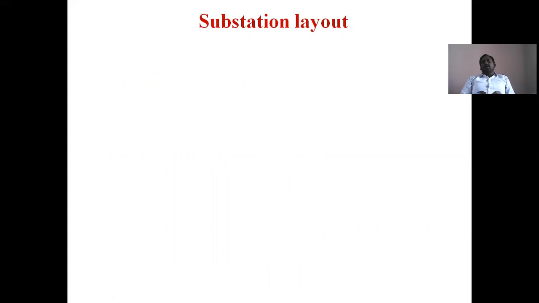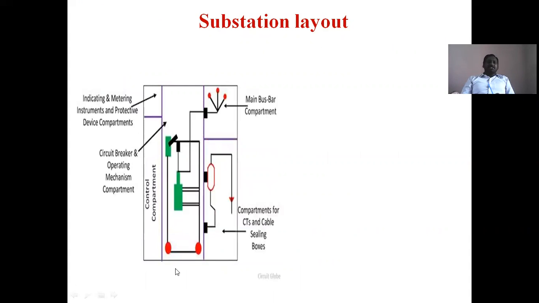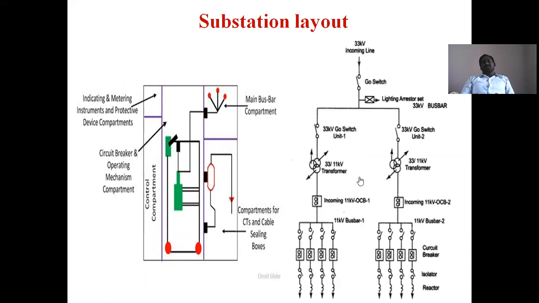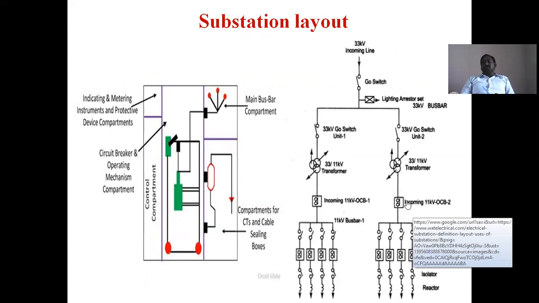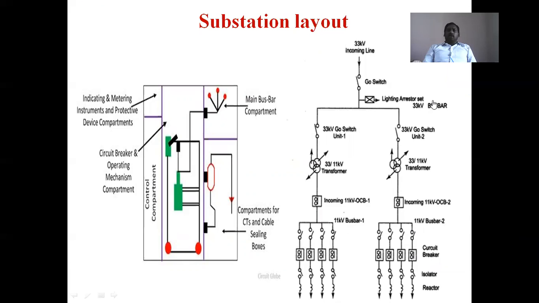What is meant by substation layout? A line diagram or simply a structure of a substation is called a substation layout. Simply it is a simple line diagram or block diagram of a substation. So mainly, the equipment which is installed in the substation, we will now discuss individually, each and everything. Now see.